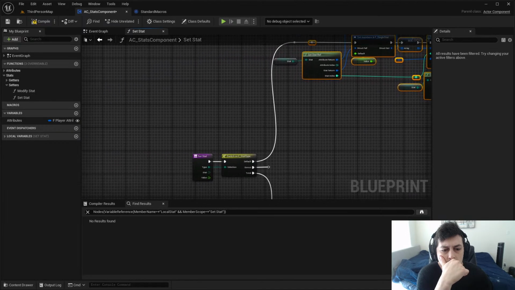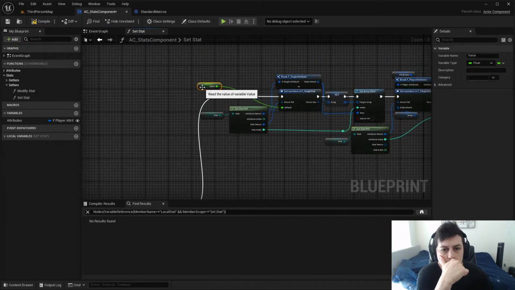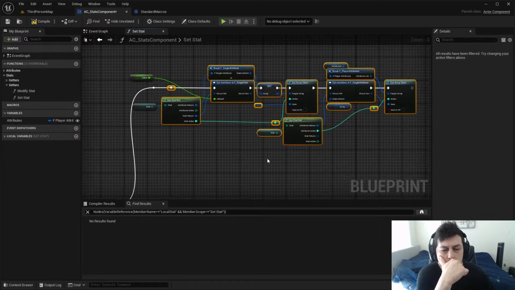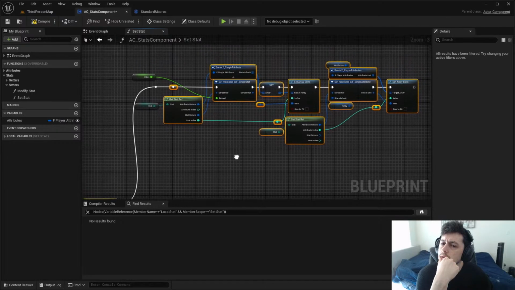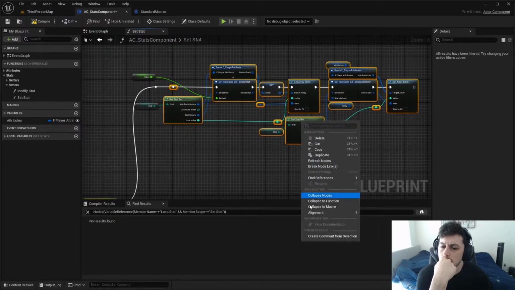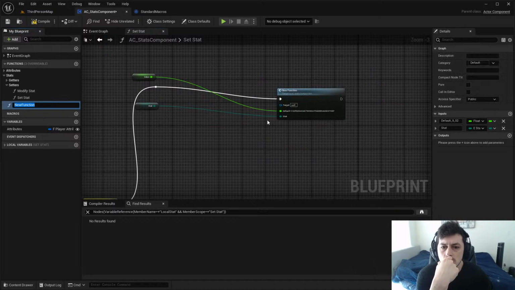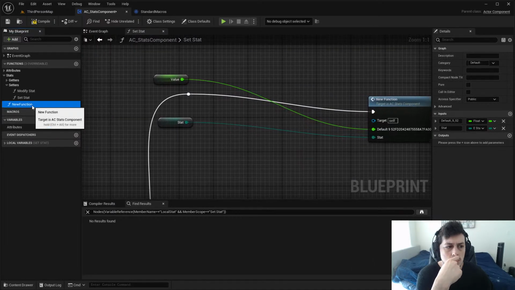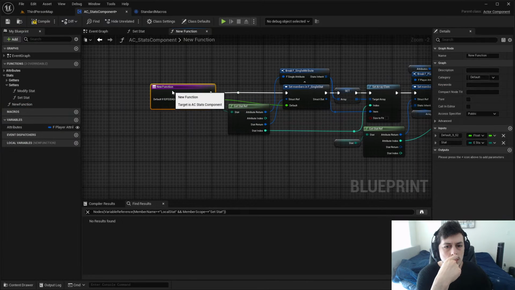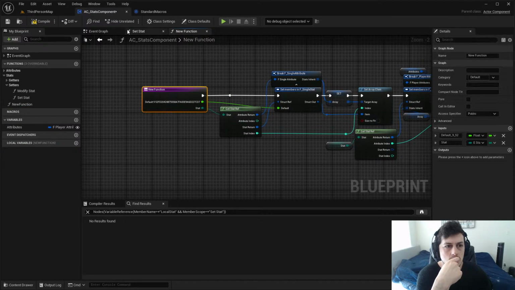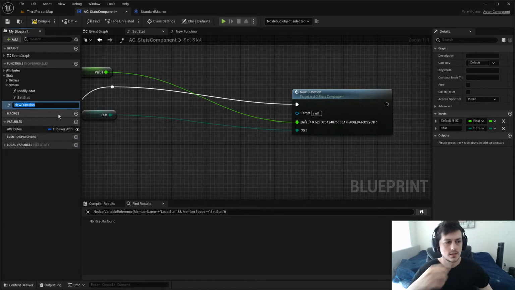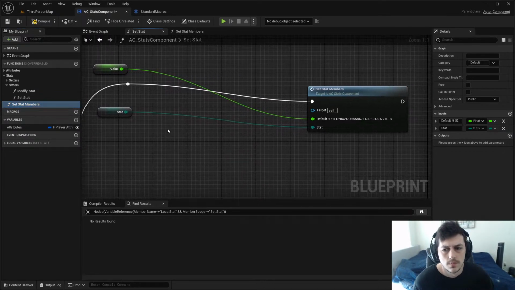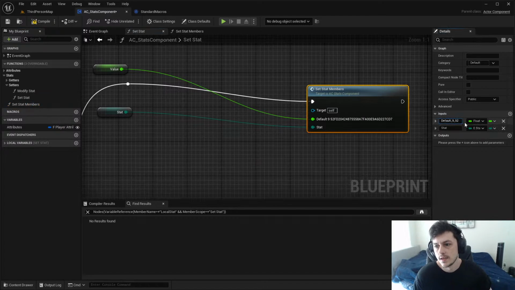I think this should work. Collapse the function. Let's rename it to set stat members. I don't know why you have that horrendous name, but